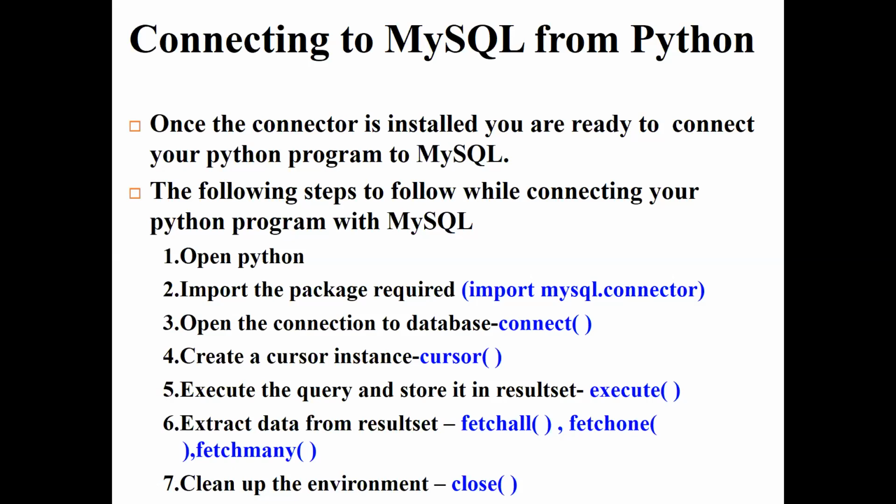Okay, so similar thing we are doing here as well. Once you establish it, when you do the connect method, it will establish the connection path. It will build a bridge. You just imagine it will build a bridge between MySQL and Python. Once you finish all the work, you have to close that bridge. That is what you are doing with the help of the close function.